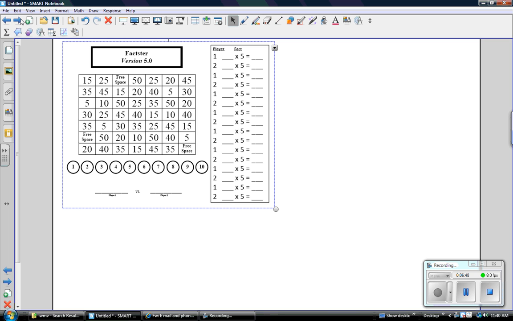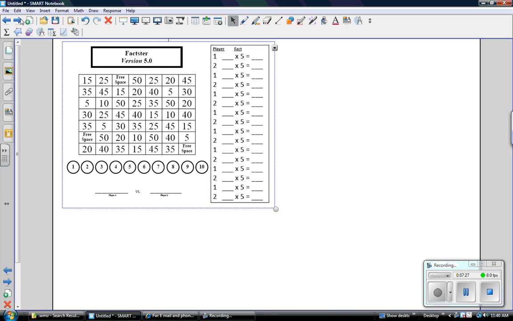Next, player 2 will take the chip and move it to any one of the circles. For example, if player 2 puts it on the 7, player 2 would go to the fact box, mark 7 before the times 5, and put a 35. And then player 2 can pick any one of the 35s on the board. Again, there are more than one, but the player can only choose one of them. Players continue in this manner, taking turns,